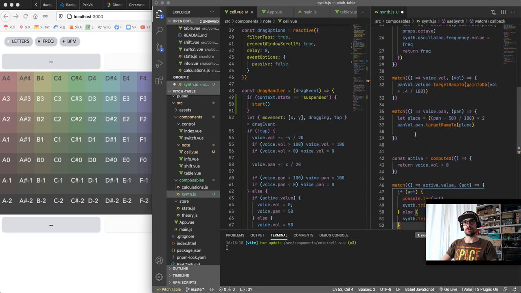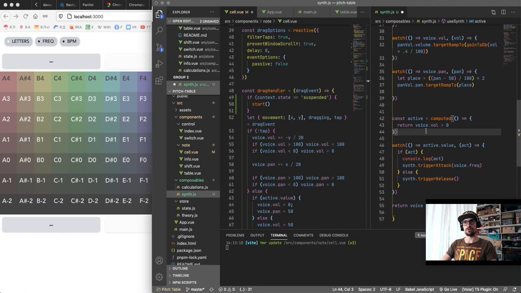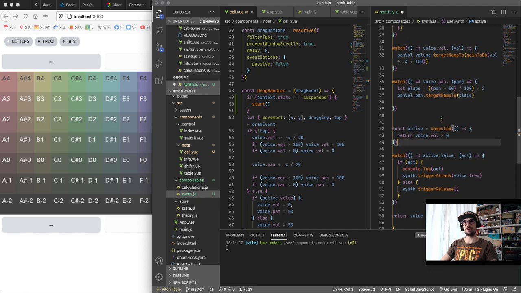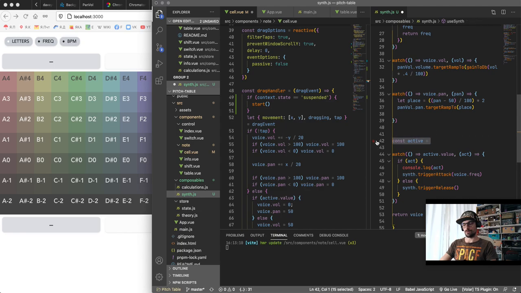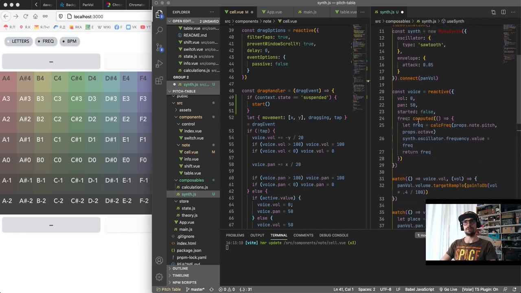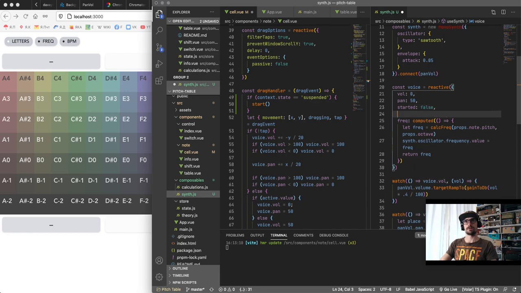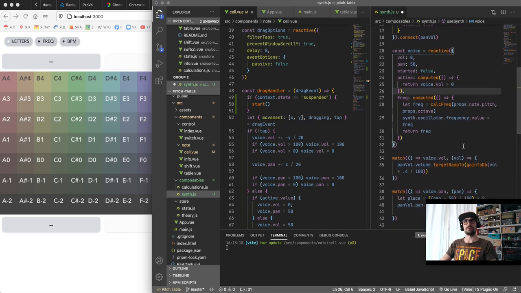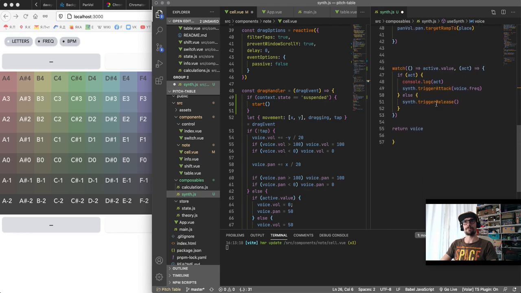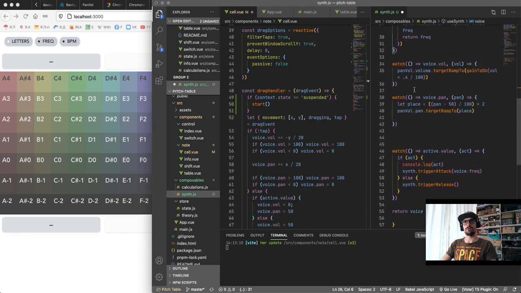Other things are watch and constant active. It's computed, and also this computed. Yes, it will be inside the voice. So it's active computed, active computed, and of course